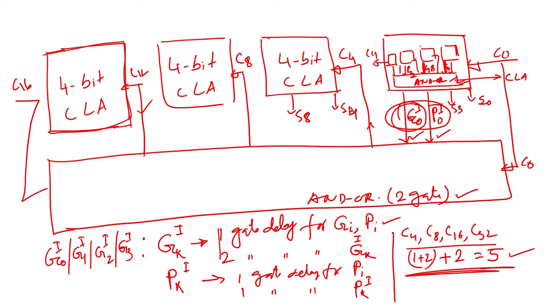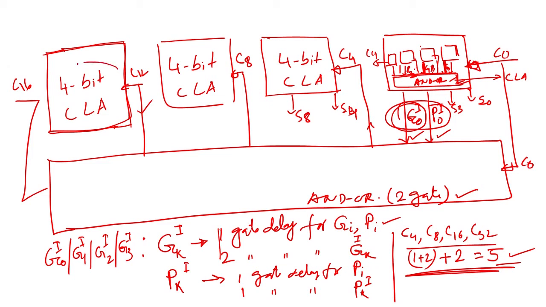Within the CLA circuit, as you understand, we have the AND and OR gates. After giving input to generate all the outputs, it is taking 3 gate delays. 3 means after giving C0 and the first gate delay, but that first one is already generated. So, after giving this one it will take 2 gate delays. So, it is taking 7.